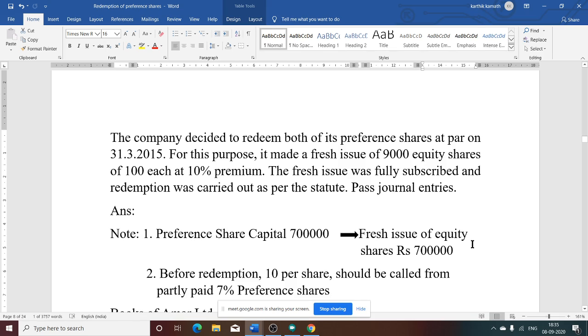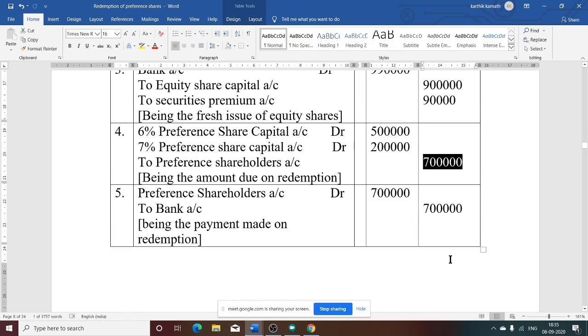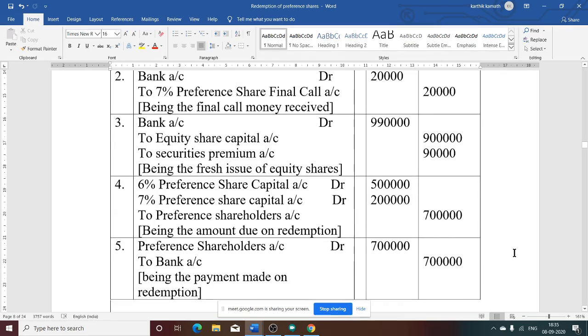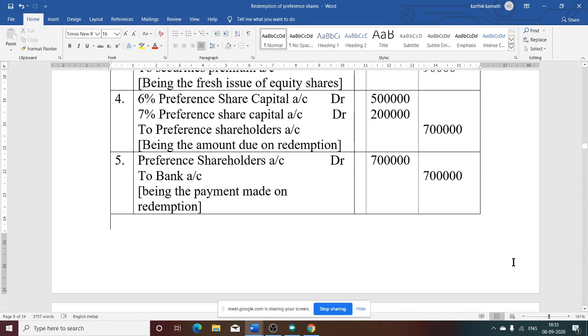The rule is that other than the fresh issue, profit must be transferred. That is, the nominal value must be transferred to CRR. Here, other than the fresh issue, it is not required now. There is no information about profit and loss account, no information about general reserve account, so there is no CRR account balance. That is why there is no entry for CRR. Anyway, no bonus share information is given. So only five entries. Very simple problem. Only five journal entries you need to pass.